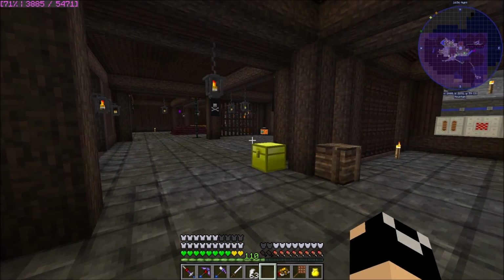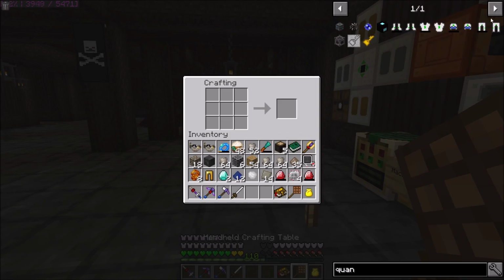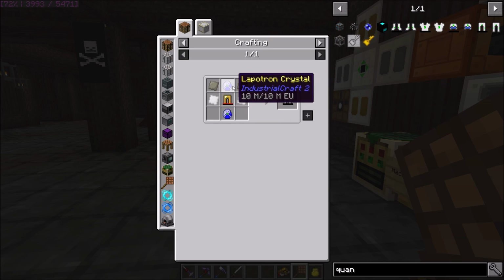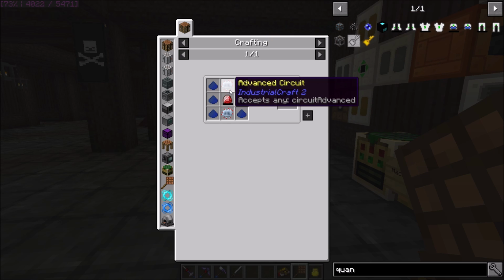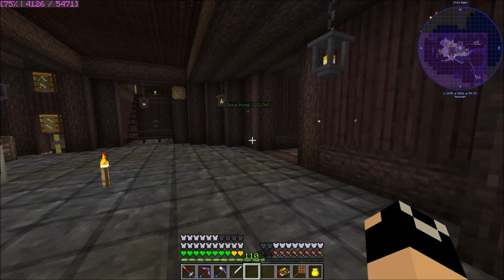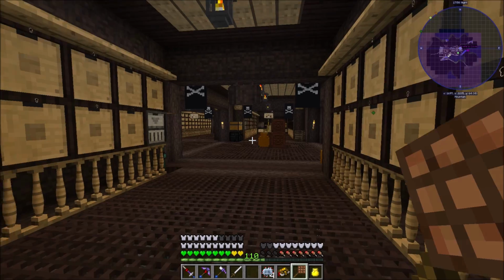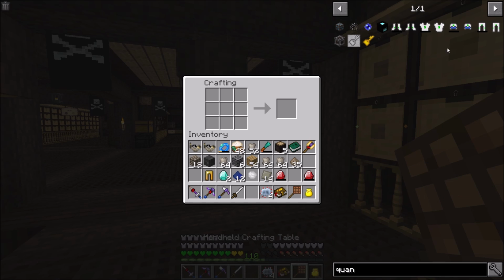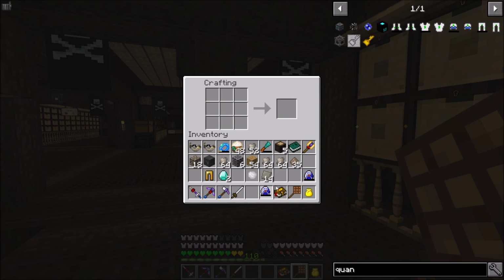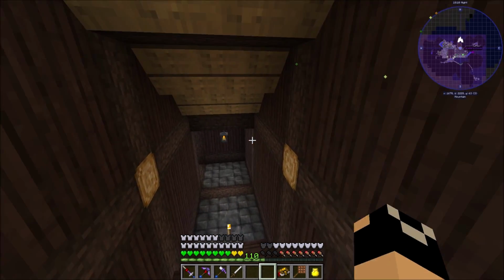Alright, let's go ahead and just dump these into the compressor. There we go. And then we are going to need to get our Lapotron crystals. Actually, I've got the... Oh, I need the advanced control circuit. Whoops. Okay, let me go grab those real quick. I'm going to need lapis and glowstone. Okay, so there's 4 advanced circuits. And then we can get our Lapotron crystals. There's 2 of those. And then we just need, let's see, I think we just need the,